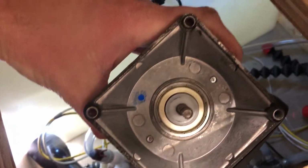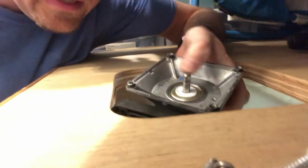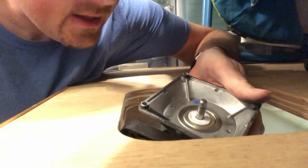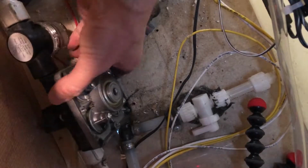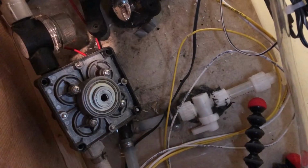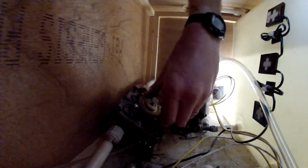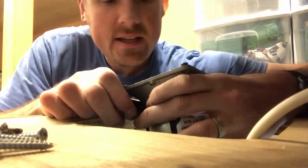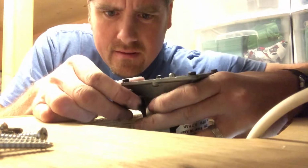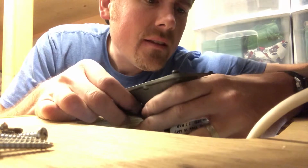So that's the shaft for the motor, and it looks okay. The motor appears to be fine. So this is the actual pump where the motor connects to. And it looks like an isolated thing so that the water doesn't actually come out when you take the motor off. Okay, so to test to see if these holes are stripped out, which they kind of look like they are,